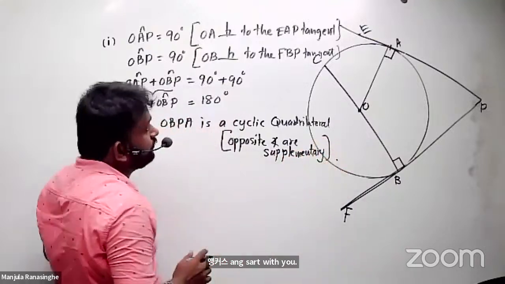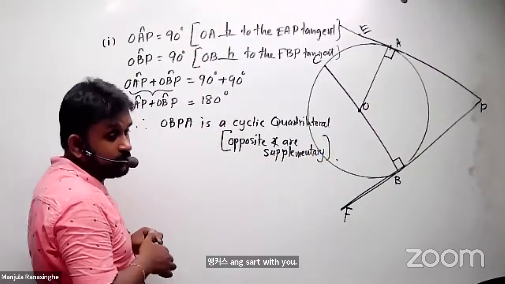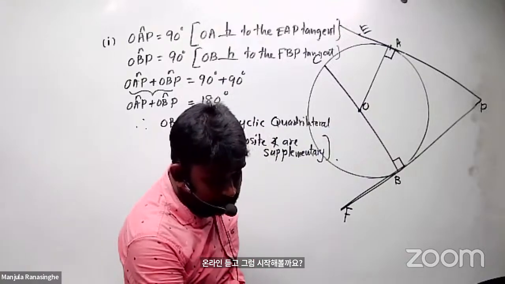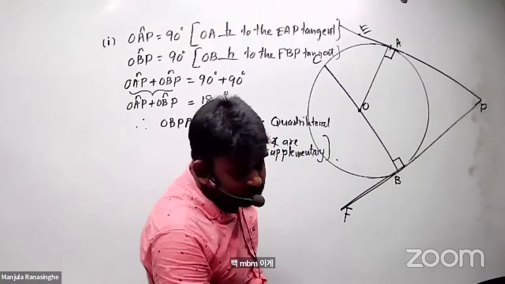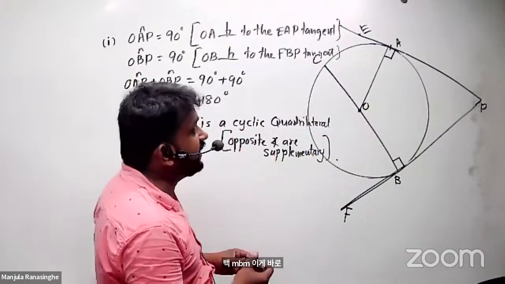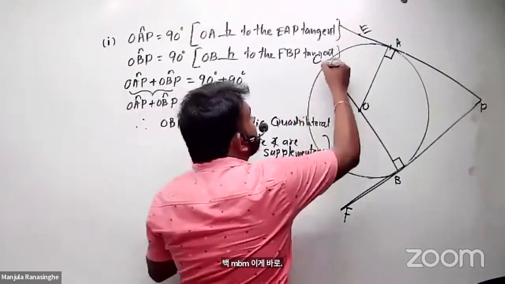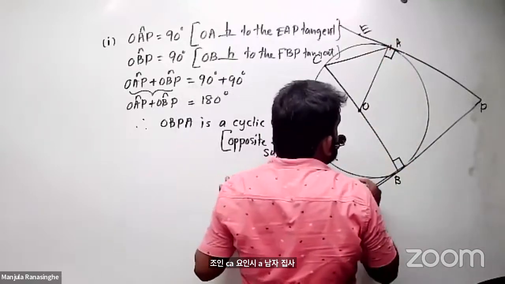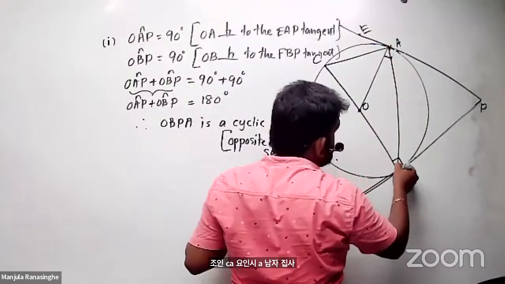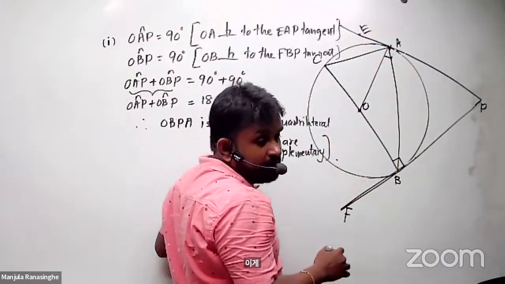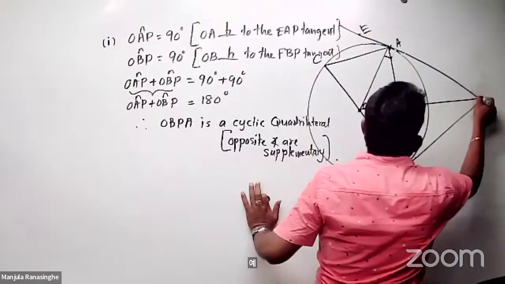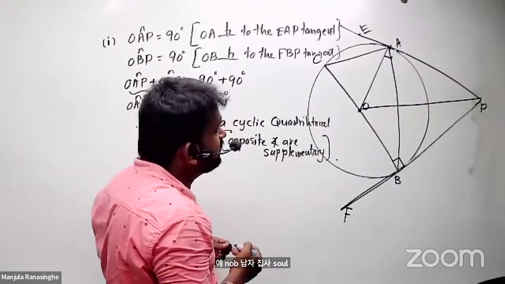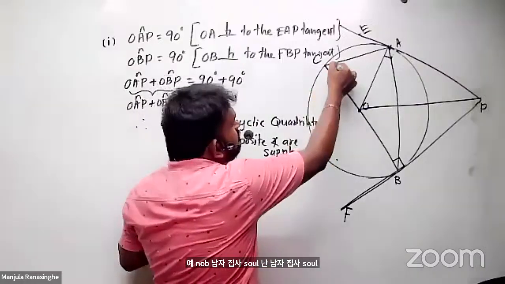Right. So that is done. Then we move to the next part, part 2. Join CA, yes, done. And AB, yes, done. Then OP, done. And show that angle ACB is equal to this angle